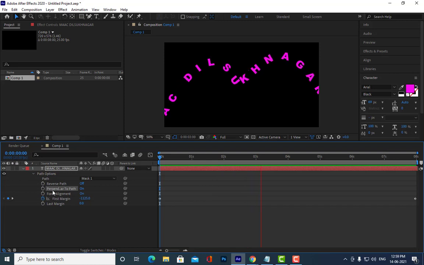See, you can play with these settings: perpendicular and force alignment. Are you all getting my point? If you turn off the force alignment, you can see this. Okay, is it clear, all of you?